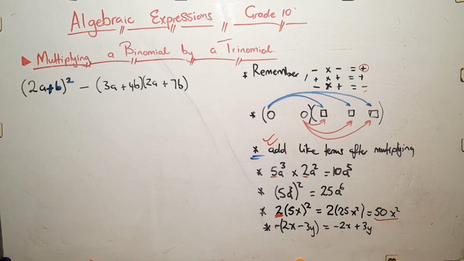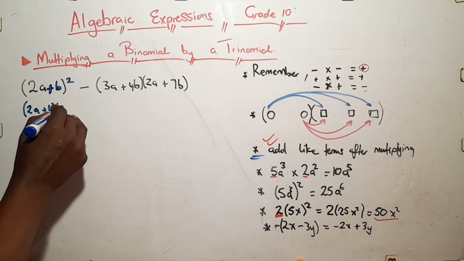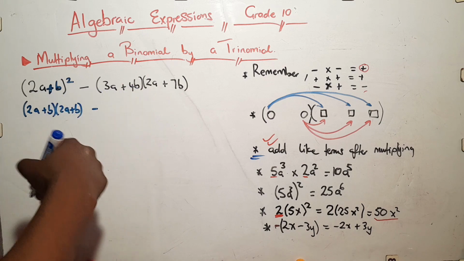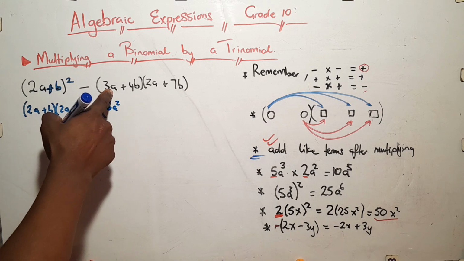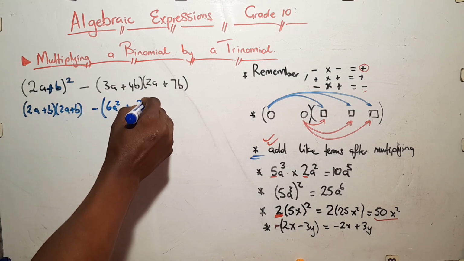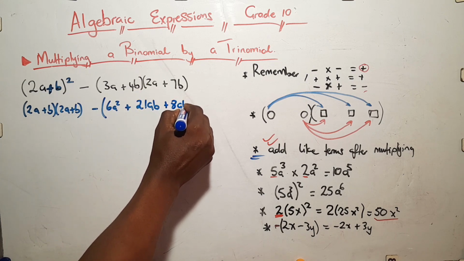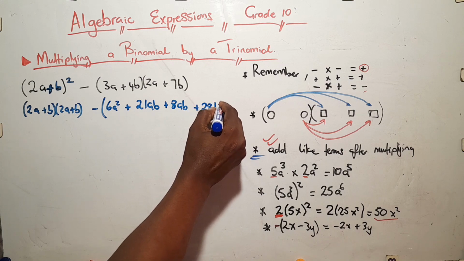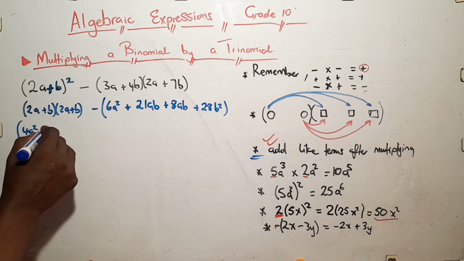So now we can make two brackets. So it means that this is equivalent to 2a plus b, and then 2a plus b, and then minus, and now this, there are two brackets, so we can multiply out. So this multiplied by that's 6a squared, this and that's positive 21ab, and this, that's positive 8ab, and that's positive 28b squared. So now these two brackets as well, this is 4a squared, this and that's 2ab,